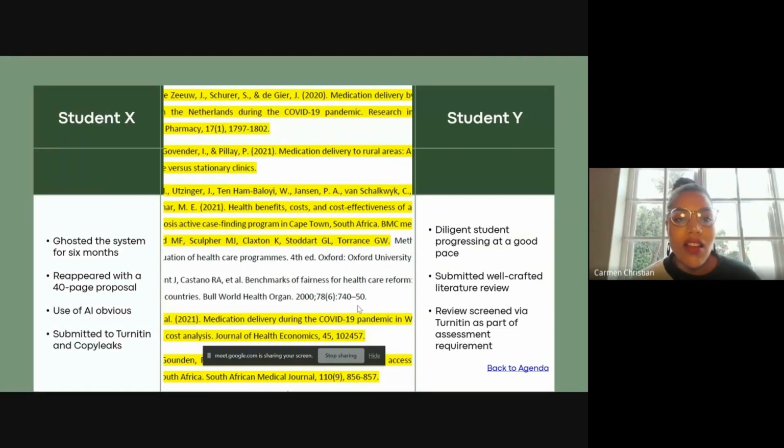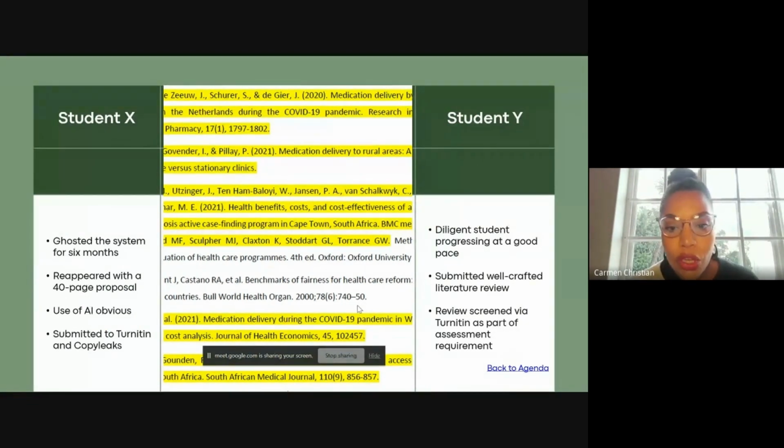So let's start on the left-hand side with student X. Student X was a master's student of mine, a master's candidate. This student had ghosted the system for about 6 months, and then eventually when the student reappeared, there was a 40-page proposal, which already raised a few orange flags because prior to this, we were even struggling to get 1 page of work. When I looked at the proposal, it was immediately clear to me that some type of AI